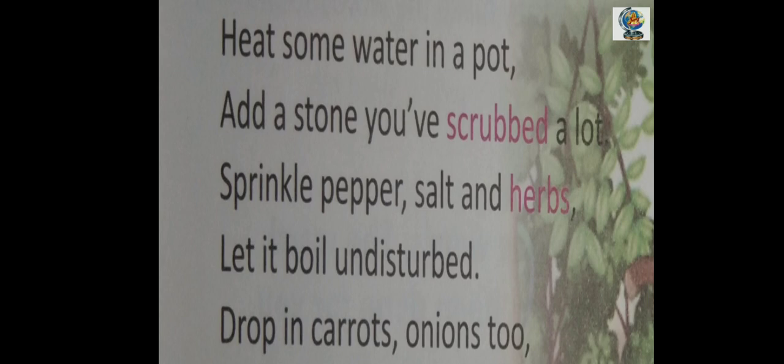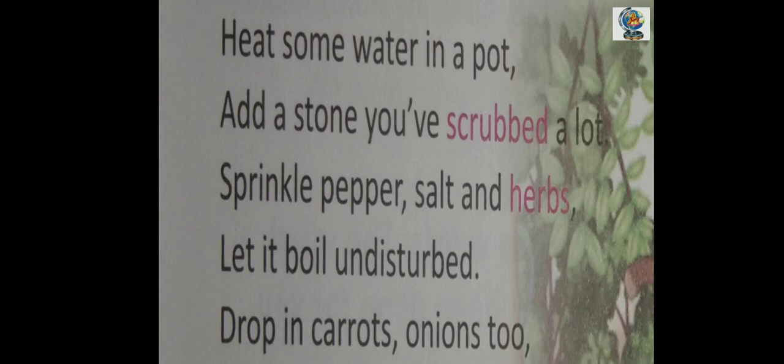The villager says, "I have salt and herbs at my home. Shall I bring them?" Boy says, "Yes, why not? If we add all these things, it will taste very delicious." So the man ran to his home and brought salt and herbs.